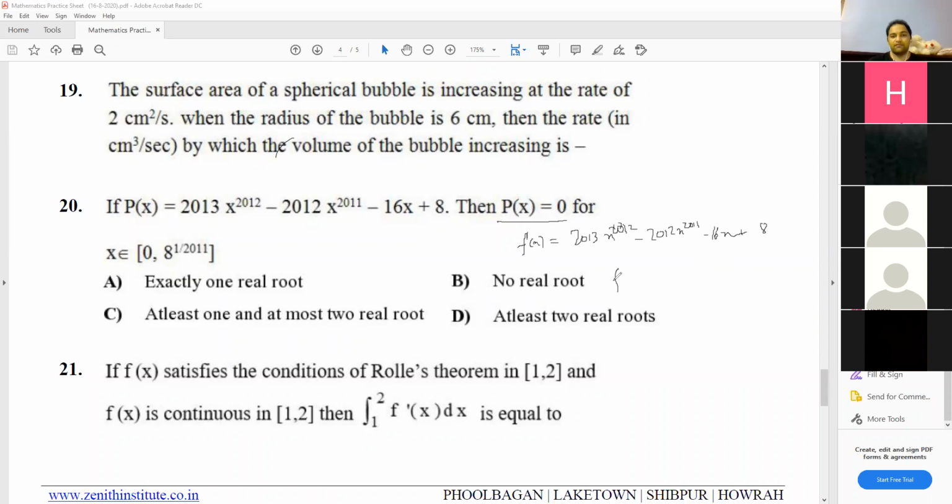ठीक है, so अब इसका f(x) निकाल लो, फिर ये कितना आ जाएगा x to the power 2013 minus x to the power 2012 minus 8x square plus 8x plus c, ठीक है? हाँ सर. अब you have to find out the number of points at which the function will repeat its values. जैसे यहाँ पे 0 से इंटरवल स्टार्ट है, so what would be f of 0? अरे c होगा ना,